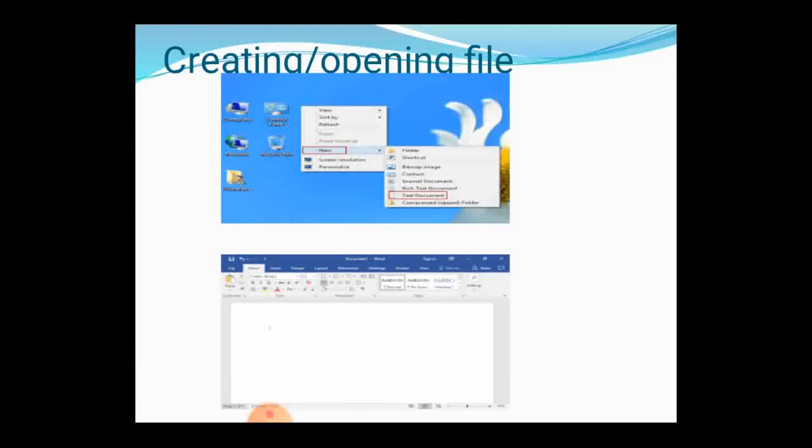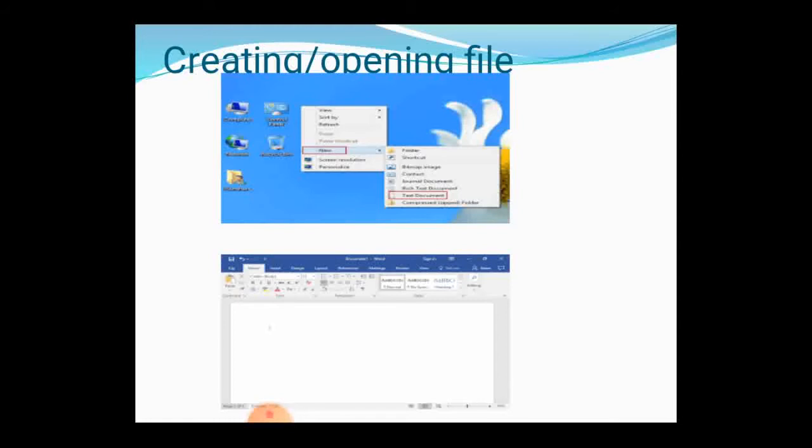Simply from the desktop, when we right click our mouse, we will get some options like this: view, sort by, refresh, then an option named new is there, right? When you place your cursor near the new, you will see a list of options available on the right.